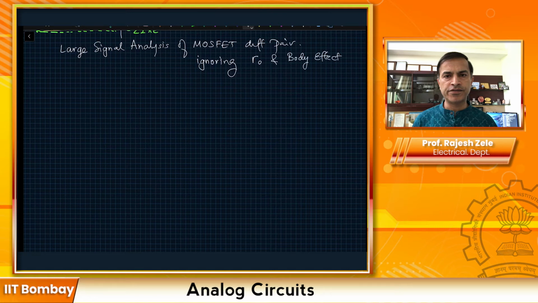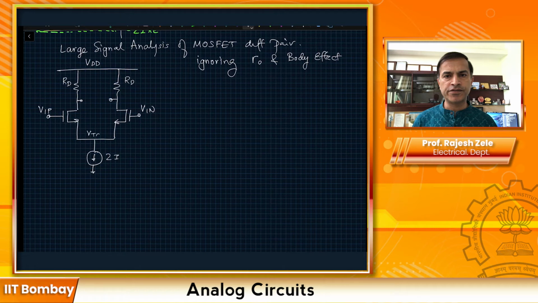And we are also assuming that the two transistors are matched. Let's draw the circuit first. In this case, you have VDD. The reason I choose to use the current 2I is because when the two inputs are equal, then the current I will flow through each side, and that makes all our analysis equations a little bit easier to deal with. This is your RD, this is your RD, this is VIP, this is VIN,